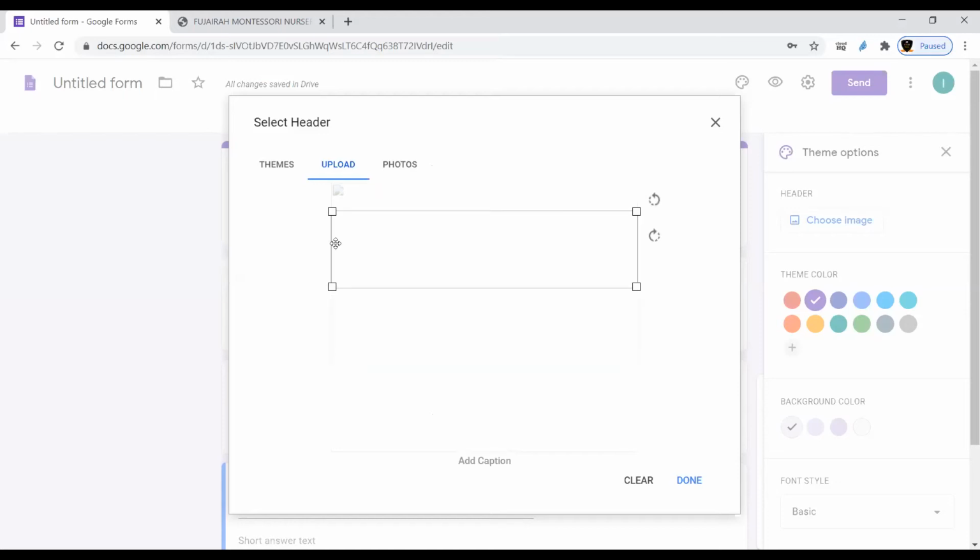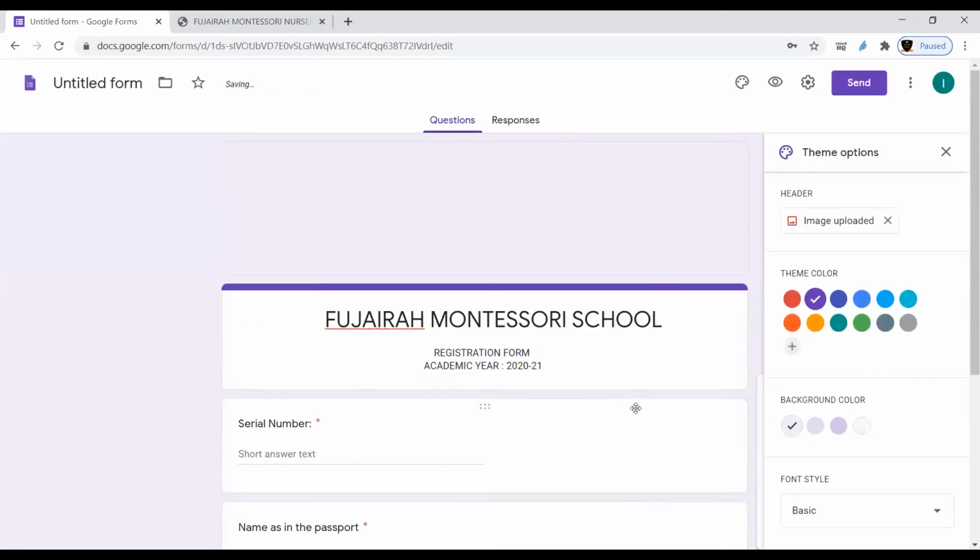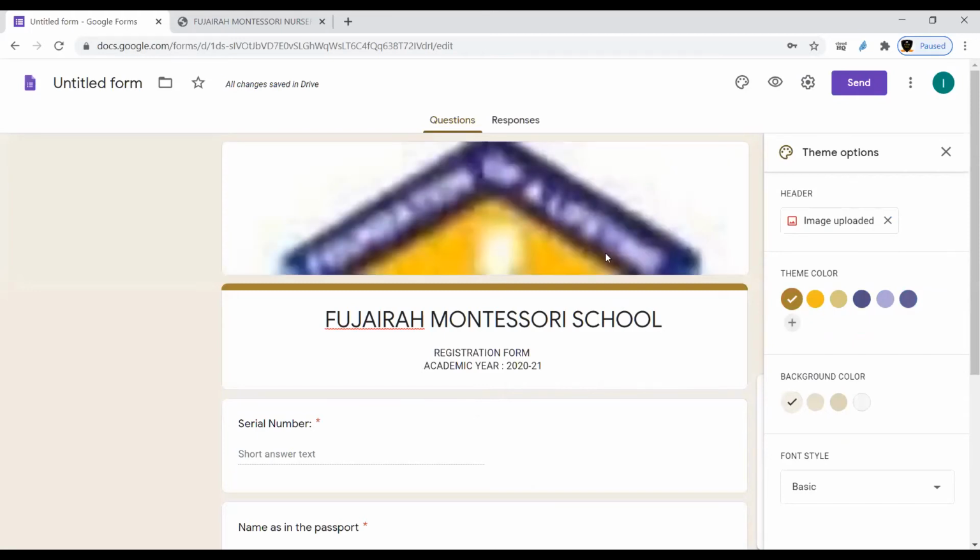Actually, this is very specific. This will come in this banner only, landscape mode. It is not going to be in portrait mode. So you have to make sure the logo is adjusted at the center. So if I go for this done option, let's see what kind of portion it is going to show. See, only the header portion is shown. Yes. So you have to maintain the logo in that manner only.